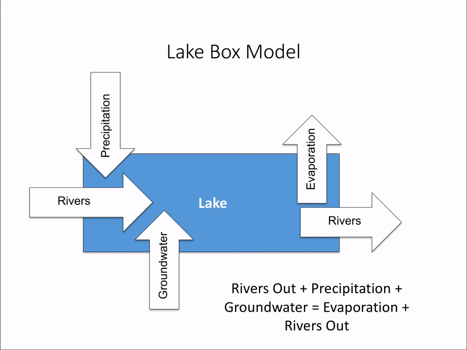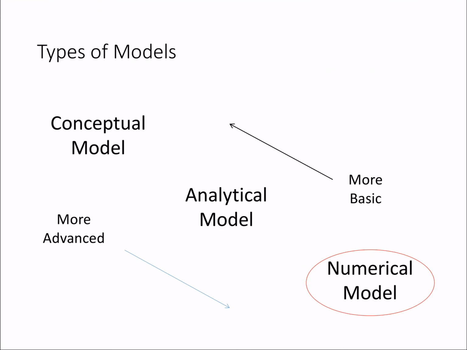And let's say we know what all these terms are, but we don't know what groundwater is. If we know what precipitation coming in is, and we know what rivers coming in are, and we know how much water is leaving the lake through evaporation, how much is leaving the lake through rivers, we can actually solve for the amount of groundwater entering the lake. So these are very valuable tools. If they're relatively well constrained, if you know what a lot of these variables are, what the numbers are for them, you can solve for the missing information. This is very common in biogeochemistry.